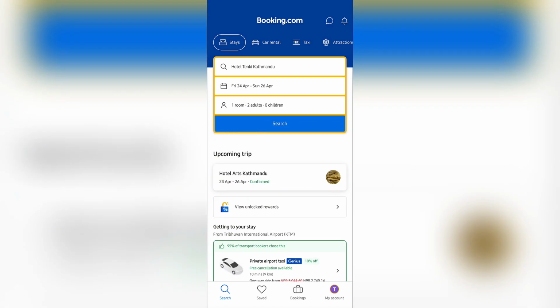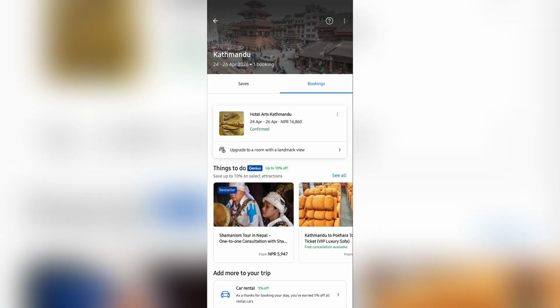Now in order to take printout on booking.com, just simply open your booking.com app or website, then go to your bookings section. After going in there, you will see all of the bookings that you have. Just simply open the booking which you would like to print. For example, let me open this one and scroll down all the way to the bottom until you see the